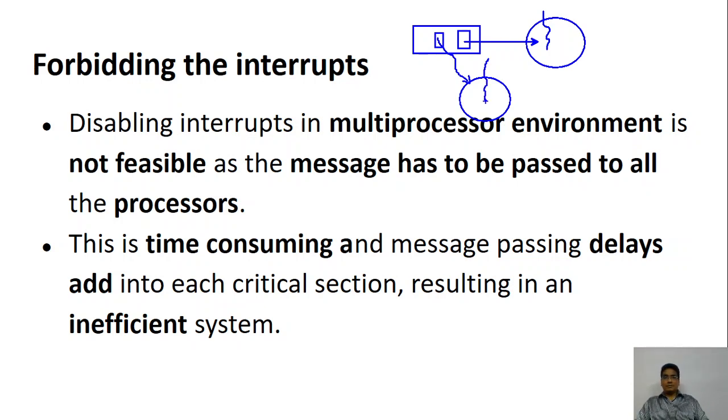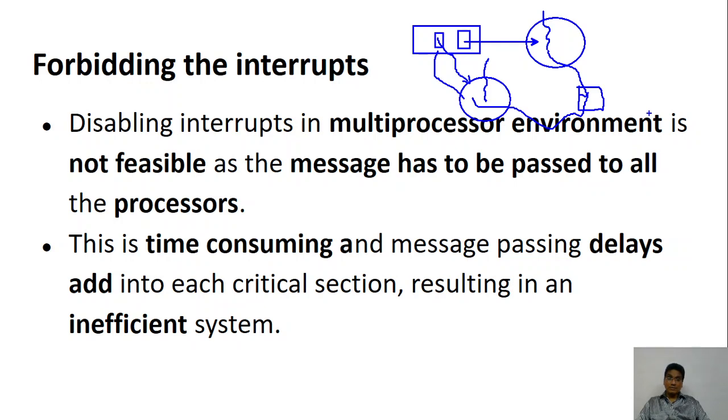Why do you have to stop the interruption from the other? Why we have to interrupt is that if this is performing the critical section, what is the meaning of that? It is trying to access a shared memory location. Now, if there is an interrupt and some other process also goes and tries to change the value, what will happen? You won't achieve the mutual exclusion.